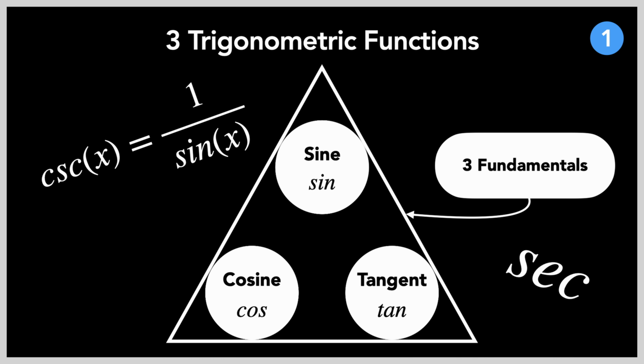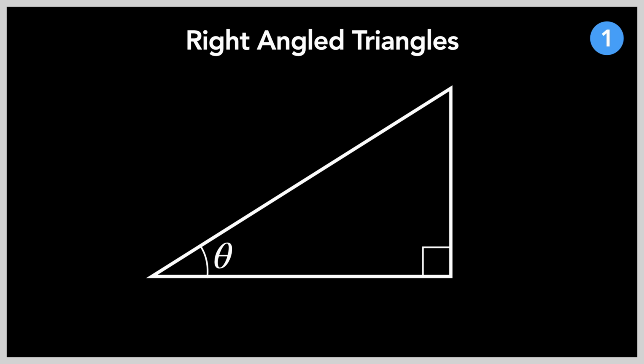Before I move on to explaining what these functions are and how they are applied, I'll lay the foundations by showing you a right-angled triangle. As is common with most right-angled triangles, this triangle has a right angle. Accompanying that exemplary right angle are two other acute angles. I'll label this one on the left as theta. Keep in mind that throughout the video, theta is going to represent angles that are part of a function value.